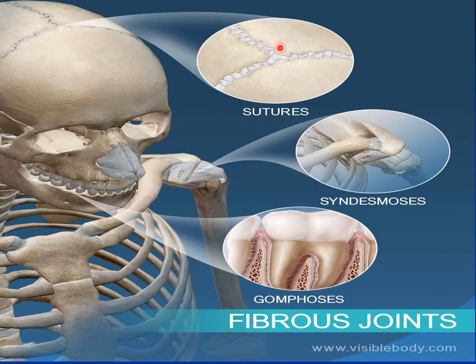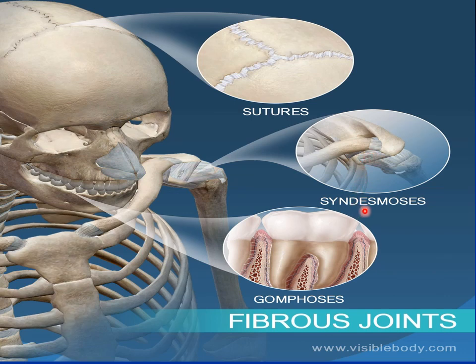Now what are these sutures? As you have mostly seen them in the skull, the sagittal suture, coronal suture, and now we will study in detail about different types and varieties of the sutures as well. And the syndesmosis, which is basically, you can see, the coracoclavicular joint. Here the coracoid process is attached with the clavicle by the coracoclavicular ligament. That fibrous variety, just the fibrous tissue is uniting the bones together.